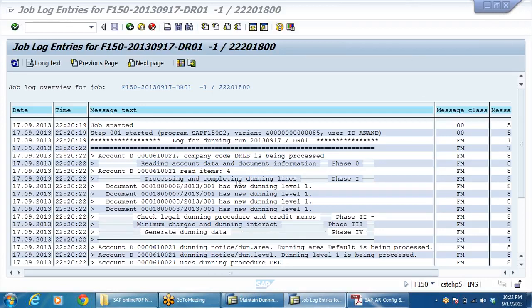Right, so here is what the system has done from the beginning. See, log for the dunning run on today's date. DR01 is my first dunning. So the company code is being processed. Reading the account data. Phase 0, phase 1, right? Read items 4, level 1. All are first level, we are generating it.